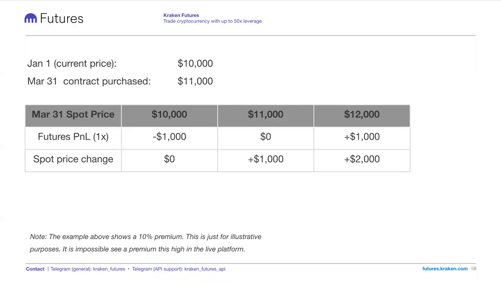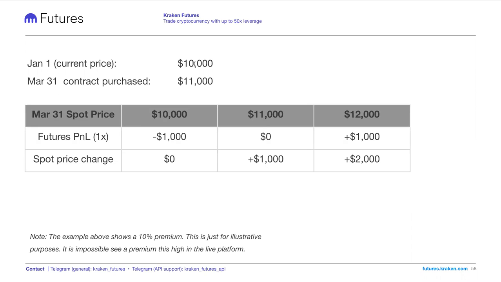So one thing to bear in mind with the futures contract is that the futures contract price is essentially like, I think of it as the over-under of what the contract price will be on that future date. And if the contract is worth less than that, you can actually lose money even if the spot price went up over that period. So let's take an example here of January 31st.